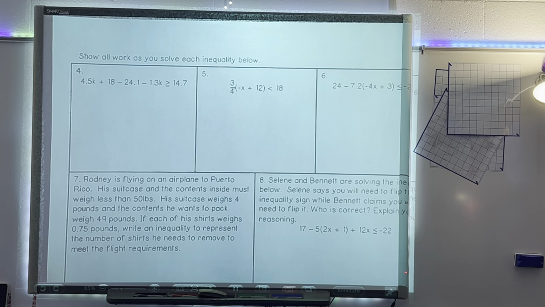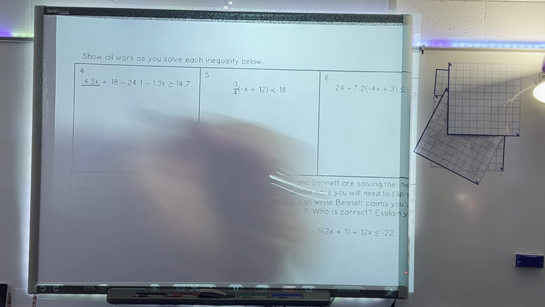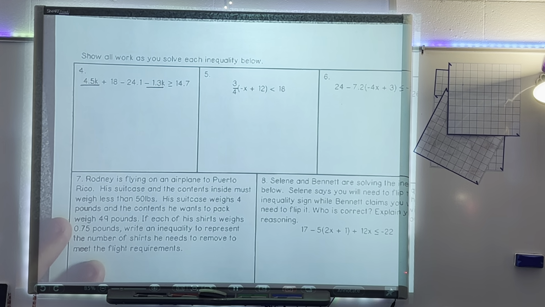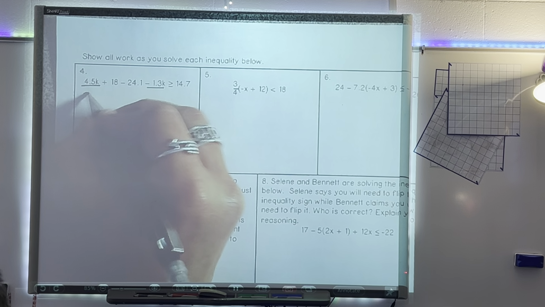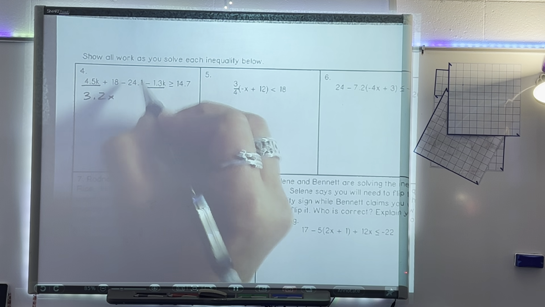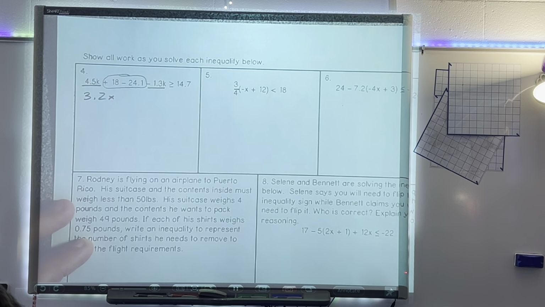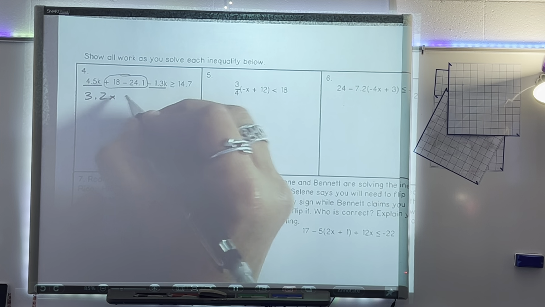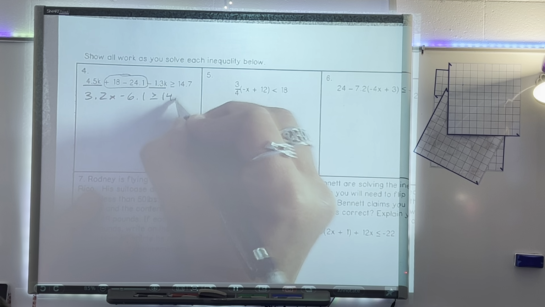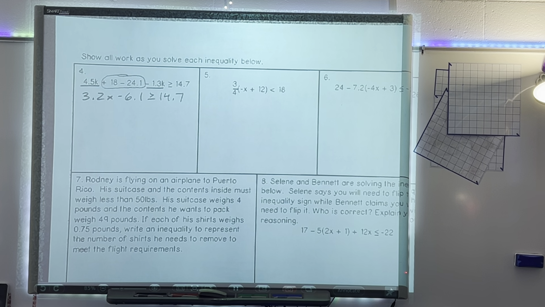Combine like terms, so I've got those, so 4.5 minus 1.3. What you got? 3.2. 3.2x, okay, and then I've got these two right here in the center. Y'all make sure you take your sign, be careful about that. What do we have there? Negative 6.1, okay, greater than or equal to 14.7. Everybody good there? Yes. Okay, now,